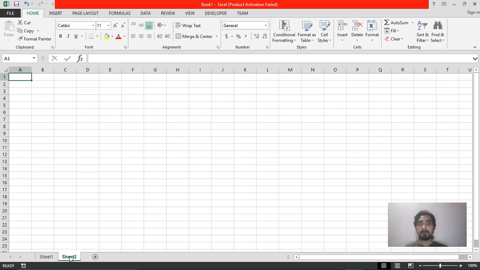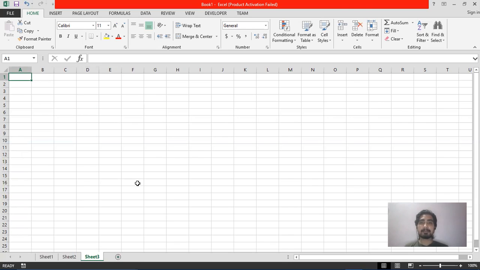And the default name of the Excel worksheet is Sheet1. If you are adding more sheets in your MS Excel application, then the numbers will change, like 1, 2, 3, 4, and the default name will be Sheet. So it will be Sheet1, Sheet2, Sheet3, Sheet4, Sheet5, and it will keep on going. So as many sheets as you want to insert in your MS Excel, you can insert that many just by clicking on the plus sign here. So just click on the plus sign and the sheet will be added.